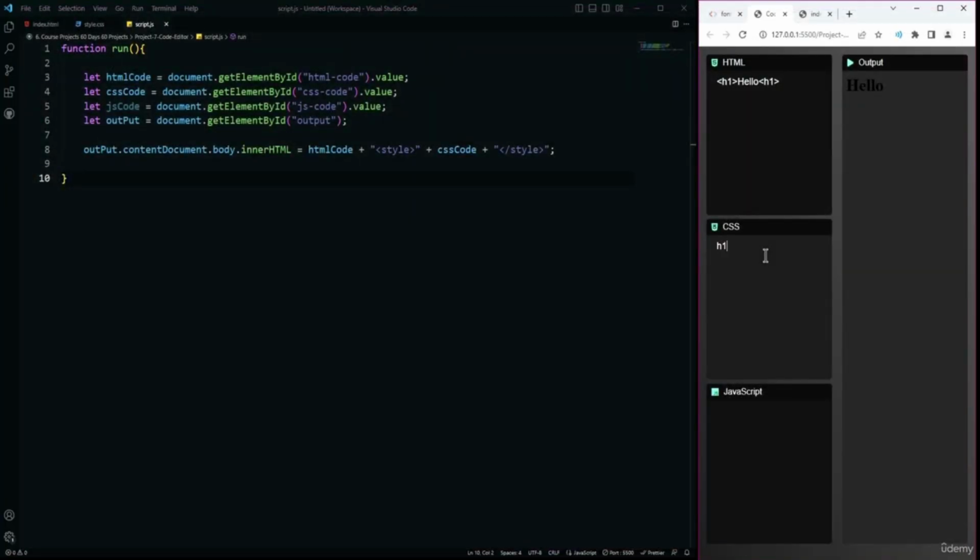Now here I will be adding the h1, and I'm going to change the color. Pressing the tab key, we need to use the color aqua. Now you can see the color is changed. So it means that our CSS and the HTML part is working fine. Refresh it. Now it's time to evaluate the JavaScript inside the